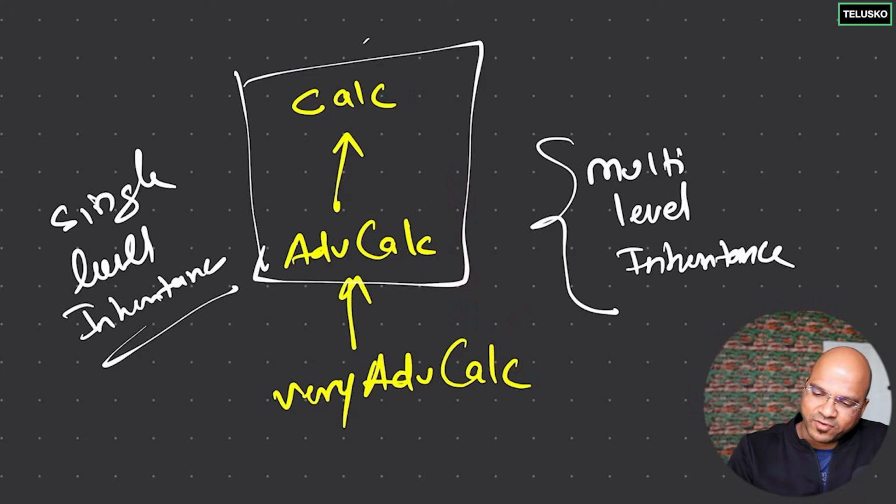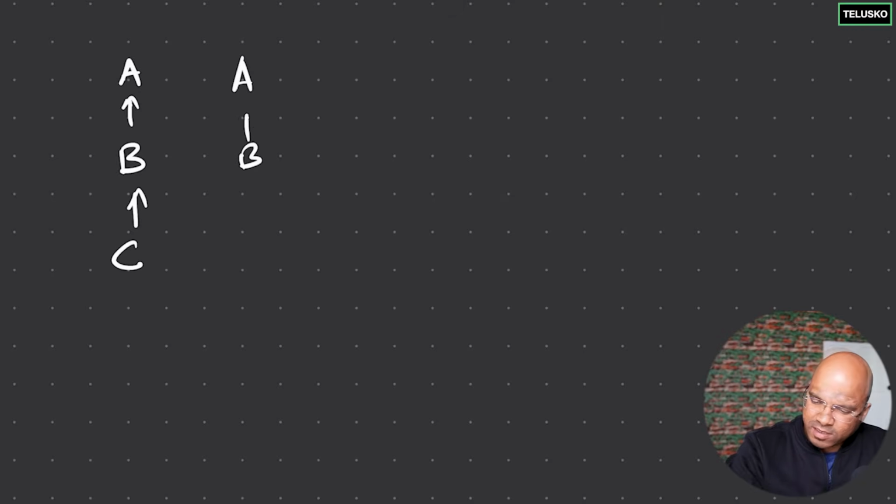Now, can we have a different structure here? Let's take one more example. So if you say we have A, we have B, and we have C. Now this is multi-level, right? And of course, when you have A and B, that's it. This is single level. But what if you have A and B and then you have C, where your A